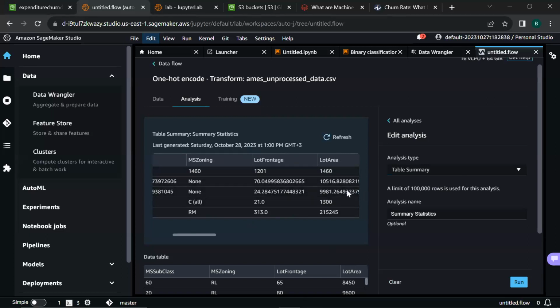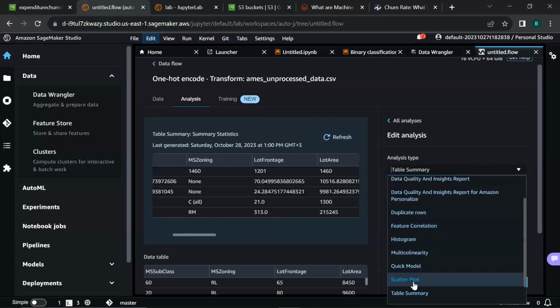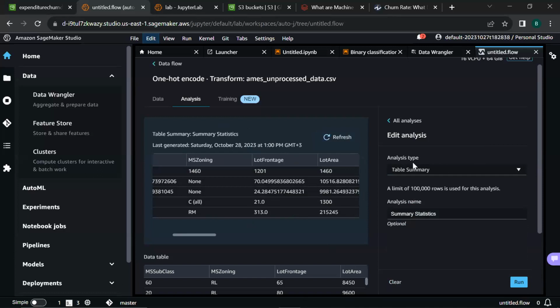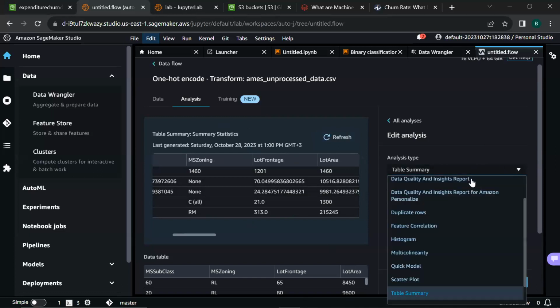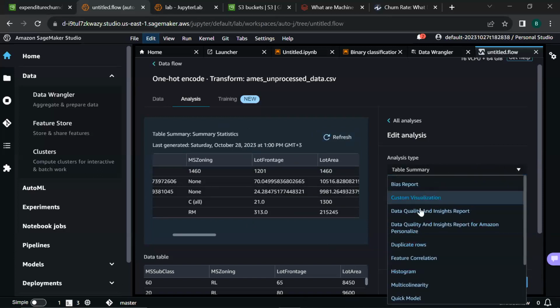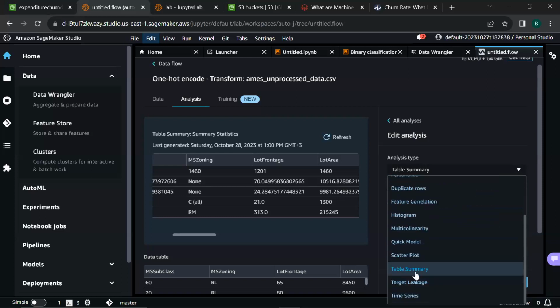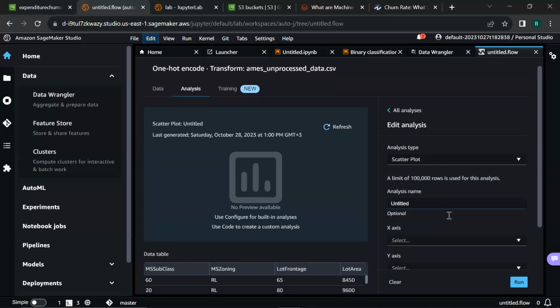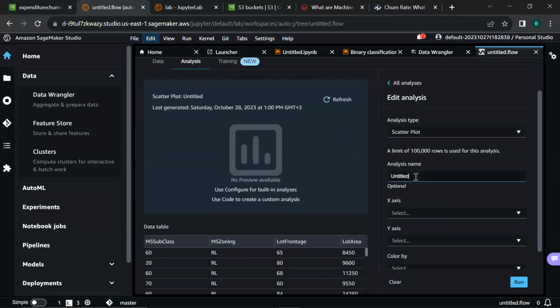We can also create multiple other analysis tools. Let's say we want to create a scatter plot. So you just come back to analysis type, click on this drop down, and look for scatter plot, which is here. Once you click scatter plot, you can give it a name, scatter plot.